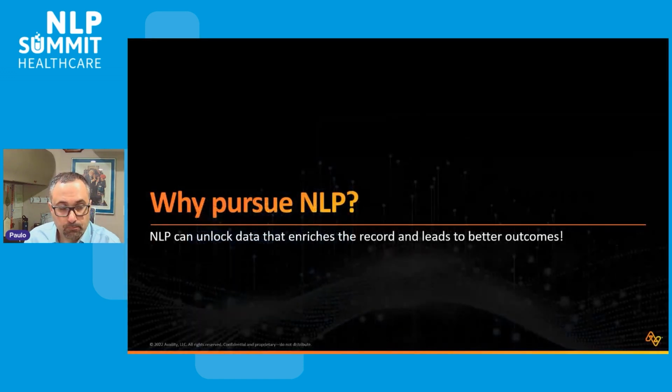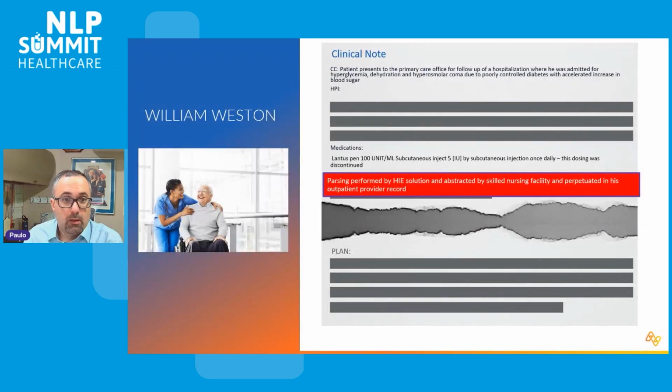So let's talk about why pursue NLP. We know that clinical notes contain key pieces of information, and this is a patient named William Weston. William Weston presented to the primary care office for a follow-up of hospitalization where he was admitted for hyperglycemia, dehydration. He was admitted with a condition called hyperosmolar coma due to poorly controlled diabetes and an accelerated increase in